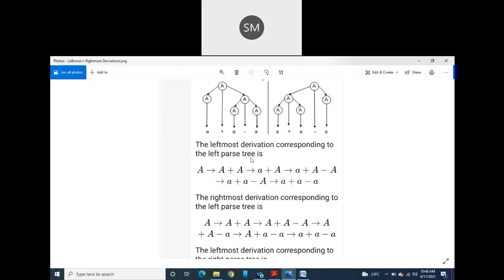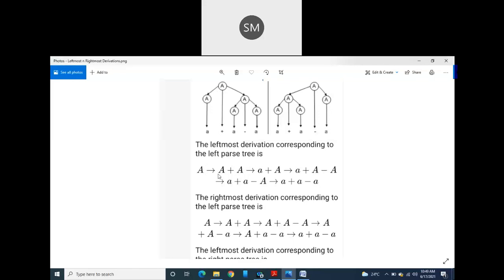Once you concentrate on this left side one, here if you perform leftmost derivation, I am going to show you the leftmost derivation procedure. You just keep on observing. First, what is the start symbol in my grammar or in this tree? The root node will always be the start symbol. So the root node here is A, which is the start symbol. It is going to define A as A plus A, as per this diagram.